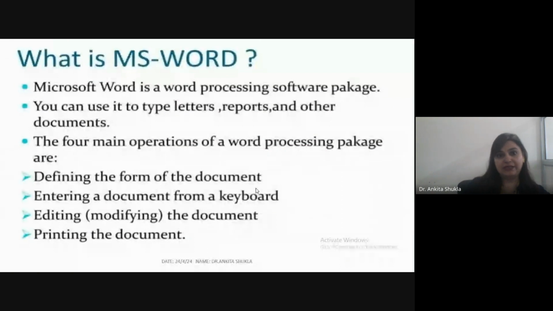In the current scenario, every student and every faculty member uses Microsoft Word. So spelling can be checked and corrections can be made automatically in the entire document. Word count and other statistics can be generated. Text can be formatted in columnar style, as we see in the newspaper. Text boxes can be made. Tables can be made and included in the text.